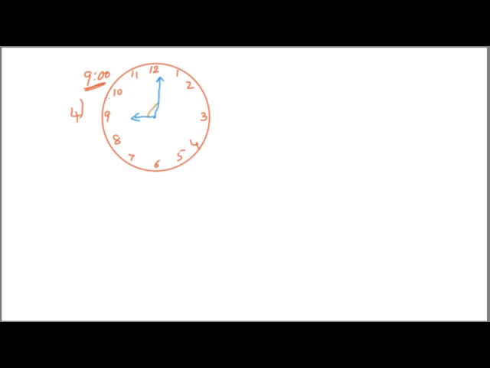Now count it. How many parts do we have? 1, 2, 3 parts. So one part is equal to 30 degrees. 30 degrees plus 30 degrees plus 30 degrees. Now totally how much? 30 plus 30 is 60, 60 plus 30 is 90 degrees. 90 degrees is equal to 90 degrees. If we get exactly 90 degrees, what angle is that? A right angle. Like that we have to find the angle in the clock hands and the name of the angle.